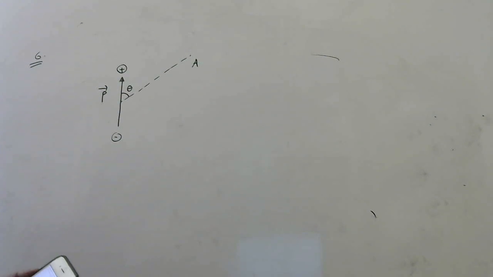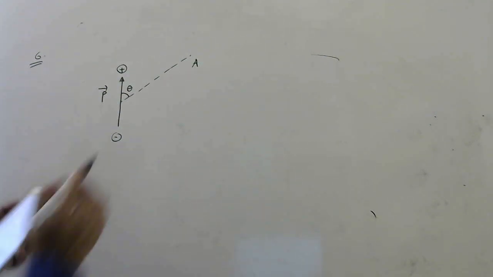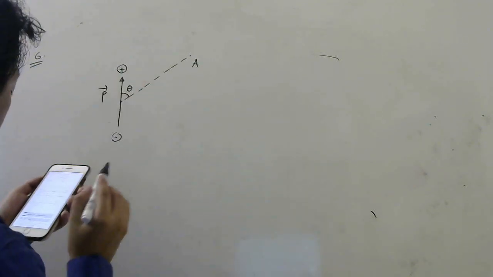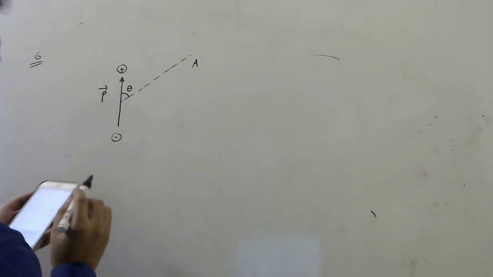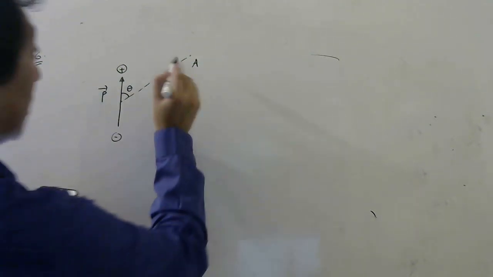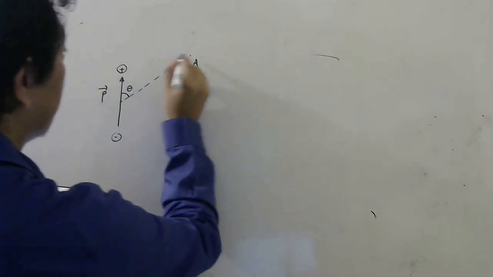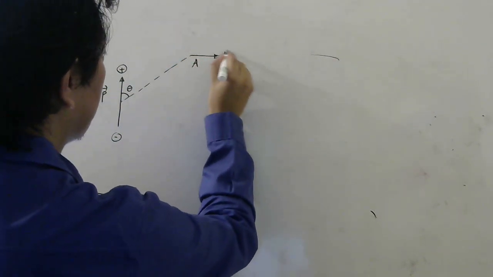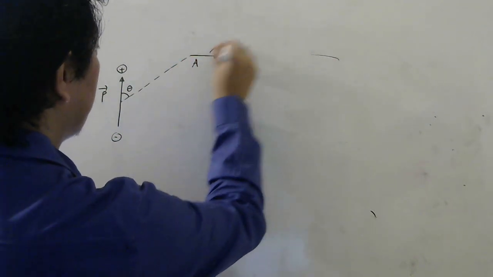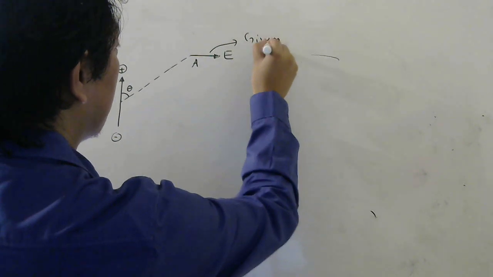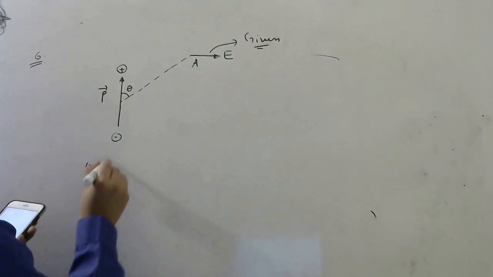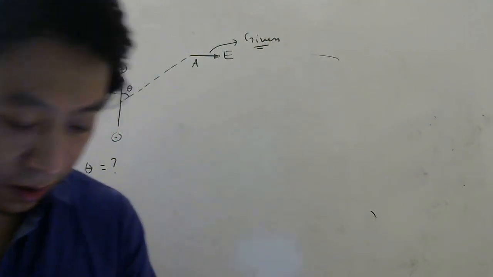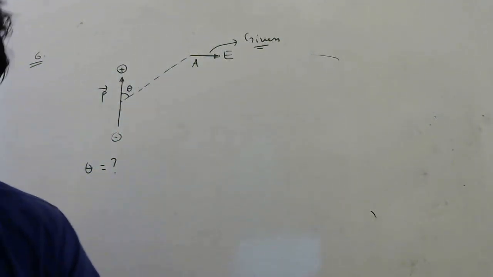And they are saying in the question, the electric field at this point due to the dipole is perpendicular to dipole moment vector. So electric field here is perpendicular to this. So it could be like this. This they have given in the question. So we have to find this theta. Options are 30 degree, 45 degree, tan inverse root 2, cot inverse root 2. So how will we do this problem?